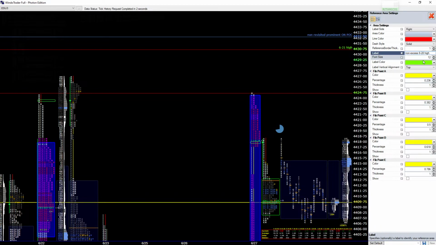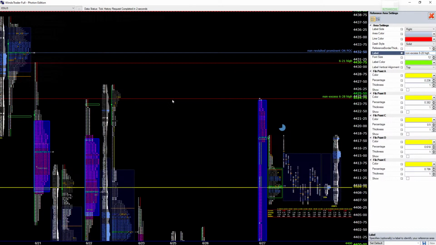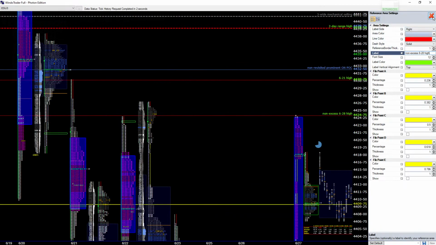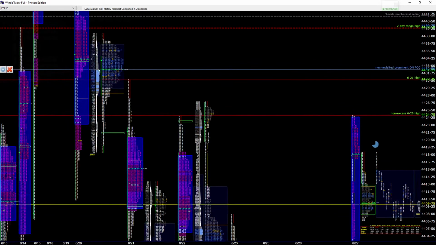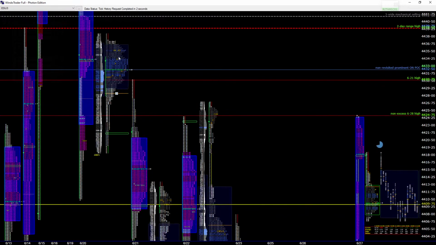628 high. Here, mechanical high. Notice what we have here? Stops, right? This high is adding more stops here. Can you see that? There are stops from today, there are stops from this day as well, and there's a very wide overnight POC. It's too far back now. It's not that relevant now.